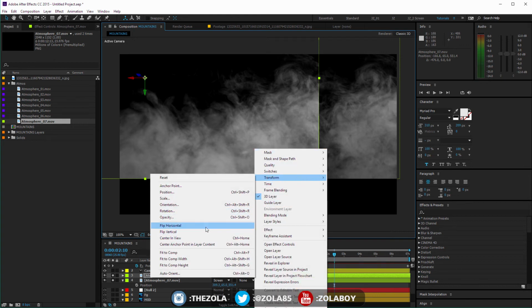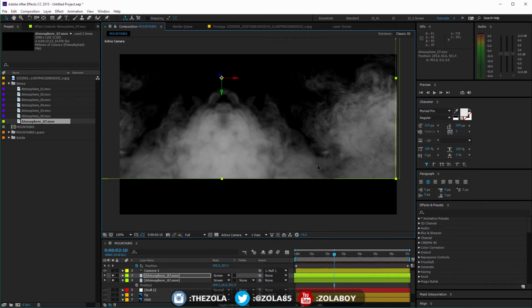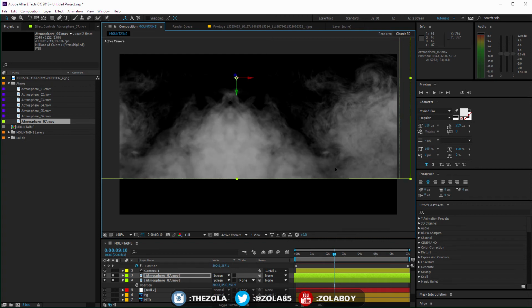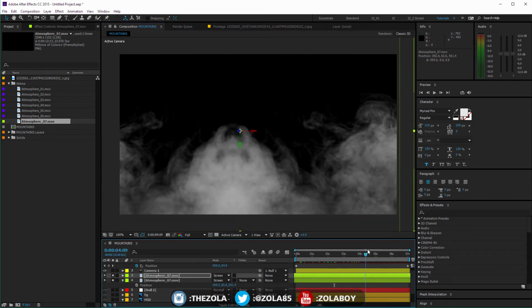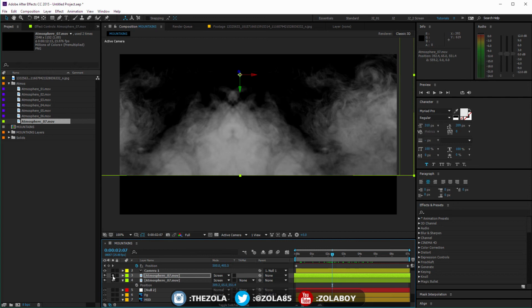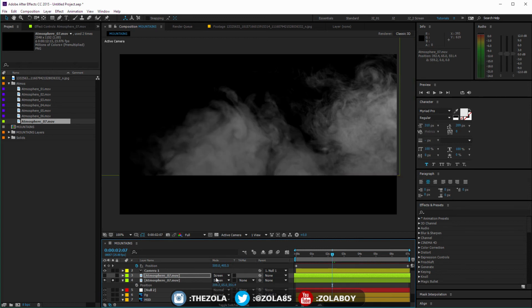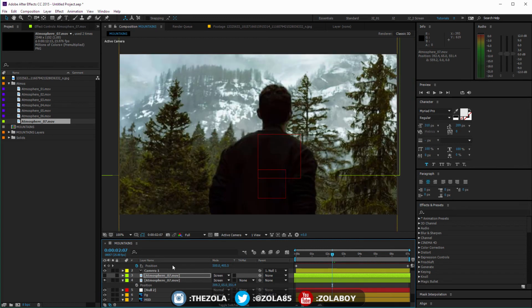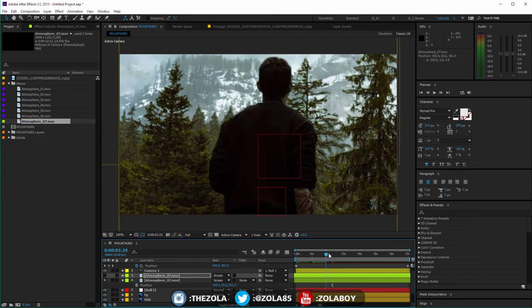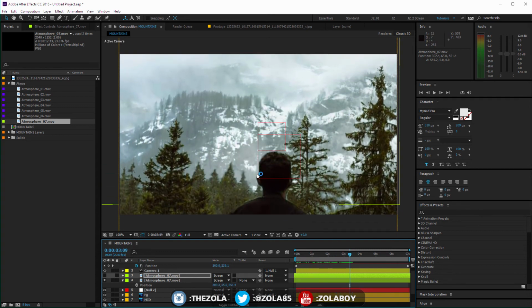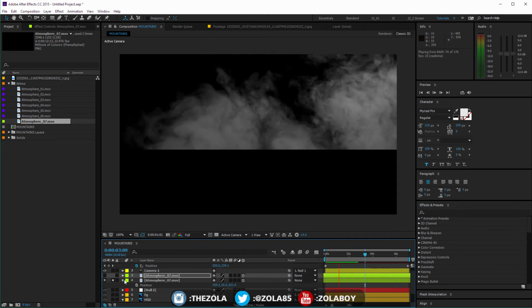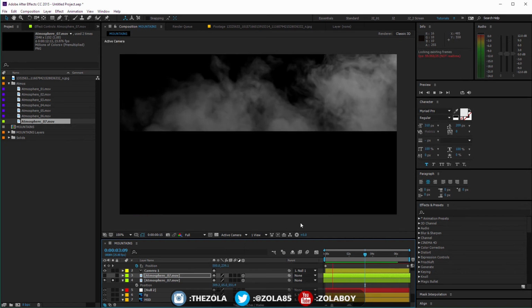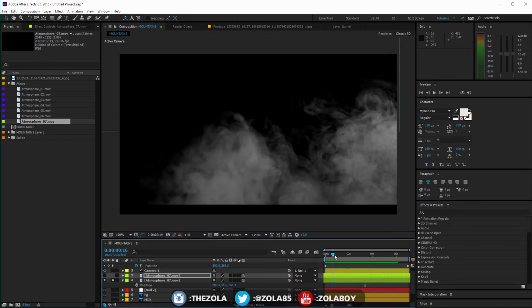Transform, Flip Horizontal, Vertical, sorry, and do that. But no, actually let's not do that. But let's unhide this. Now you're going to see there's that kind of smoke, and we've got this horrible, if we watch it by itself, by default the speed will look like this, which is really horrible.